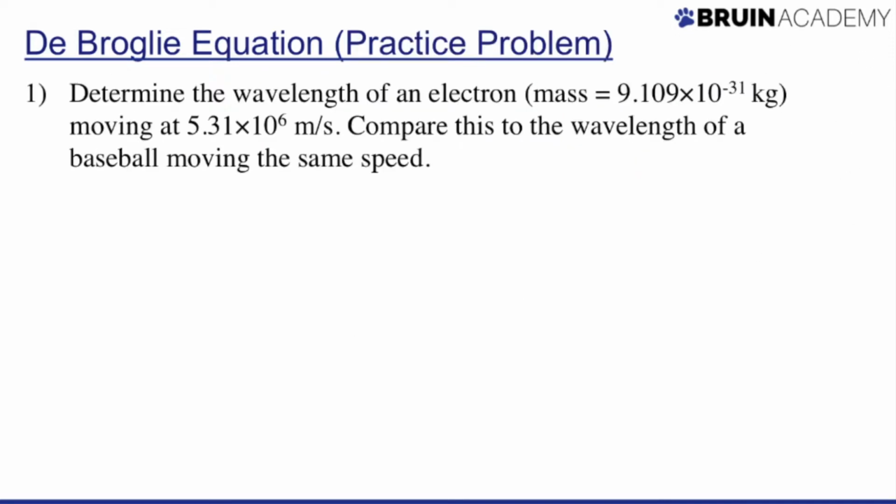All right, so let's try to apply that equation to a problem that you might see on an exam. It says, determine the wavelength of an electron, they give us the mass, moving at 5.31 times 10 to the 6 meters per second, and then compare this wavelength to that of a baseball moving at the same speed. So let's go ahead and try that. So the first thing I would do is write the formula for the de Broglie wavelength, which is h over mv. And we're looking for wavelength, so we can plug in, right? So it's as easy as plug and chug,